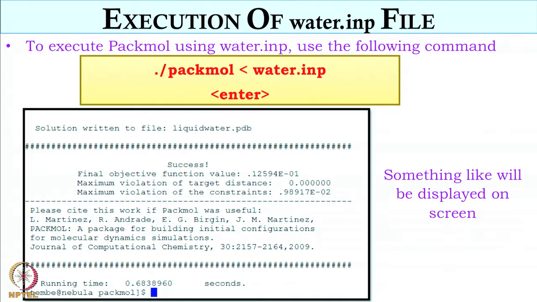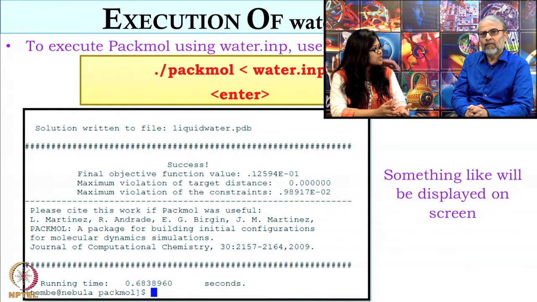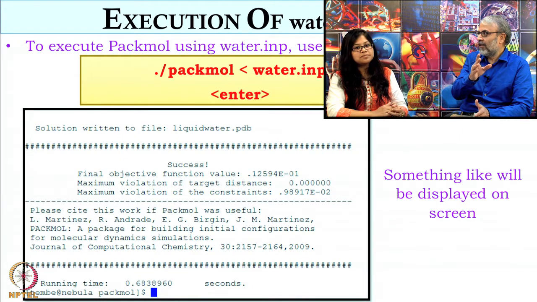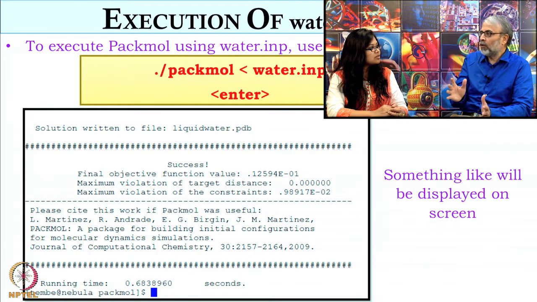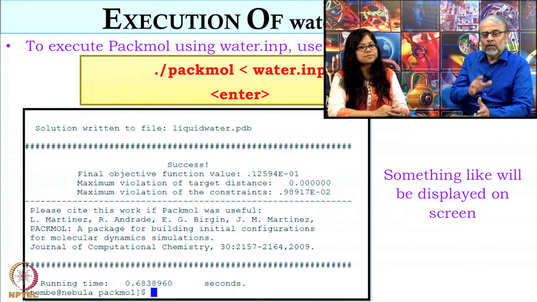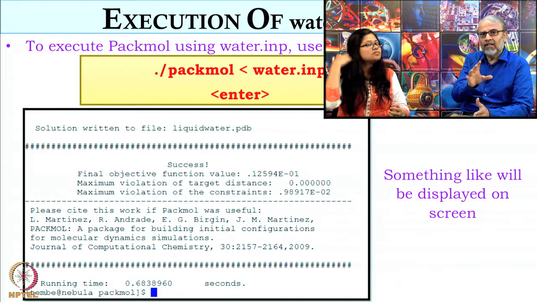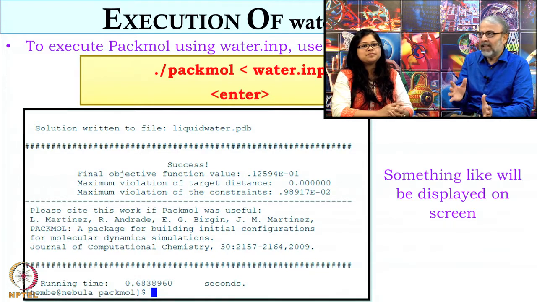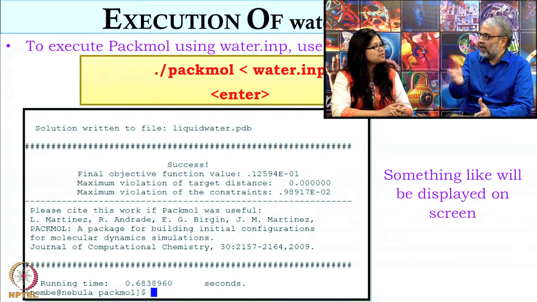Correct, but then what is that constraint? The constraint is the distance between the molecules, because that is the only constraint we are giving. When we were doing the argon simulation, we used a tolerance of 3 angstrom. So the distance between two argon atoms should be a minimum of 3 angstrom. It cannot be less than 3. But here it is allowing some flexibility, right? Because if you don't allow for this flexibility, it is sometimes very difficult to put all the molecules in a box. So although there are some constraints here, maybe some lengths are less than expected, when you do energy minimization, this will automatically be pushed away.